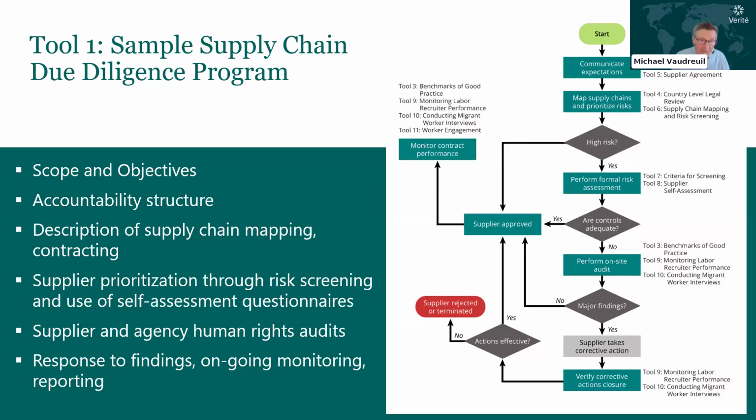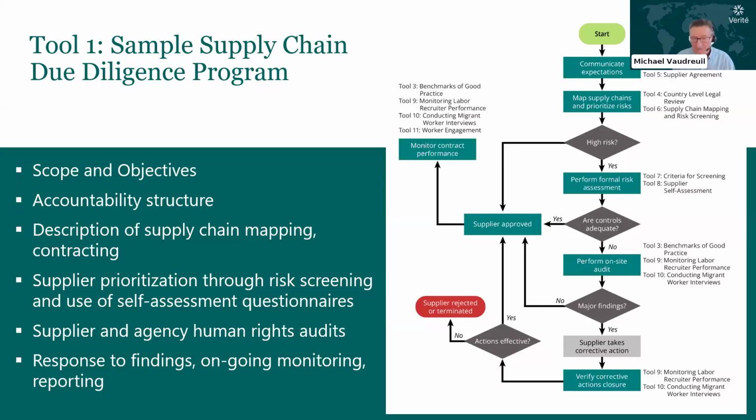Then how do you prioritize suppliers for further work, for doing an audit, for some more in-depth level of due diligence? Once you have suppliers on board, then the tool gets into describing how they would do continual monitoring of the performance of their suppliers, including their labor suppliers, services suppliers, anybody providing goods or services to the company. And then finally,